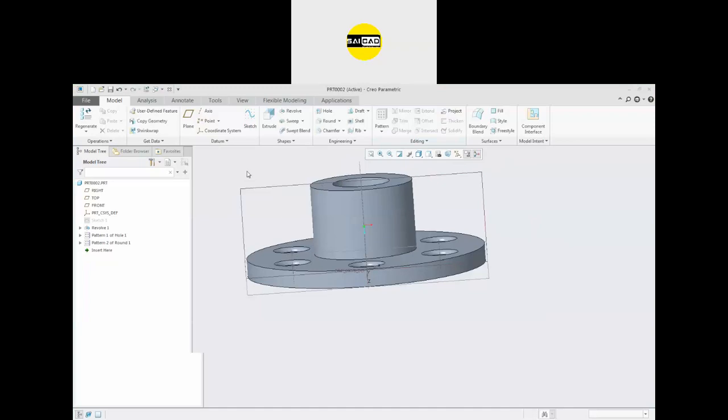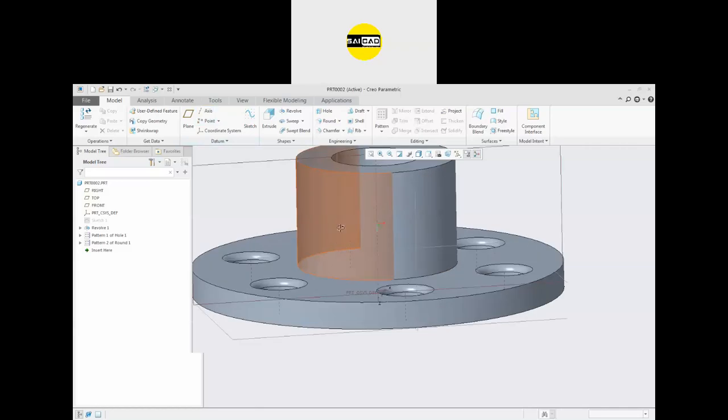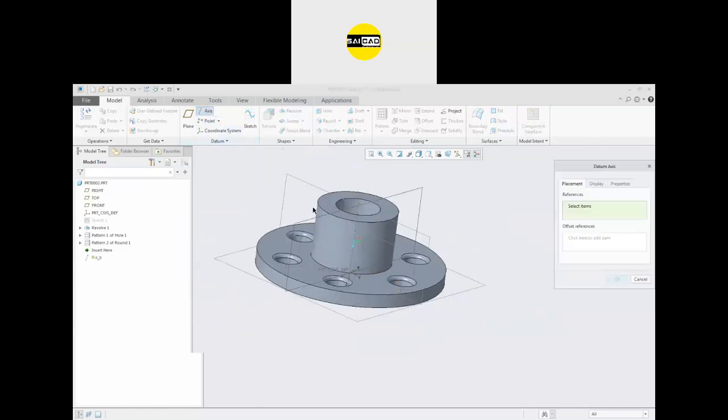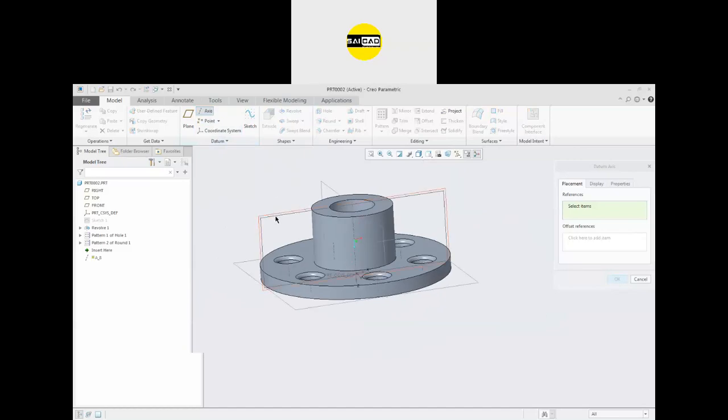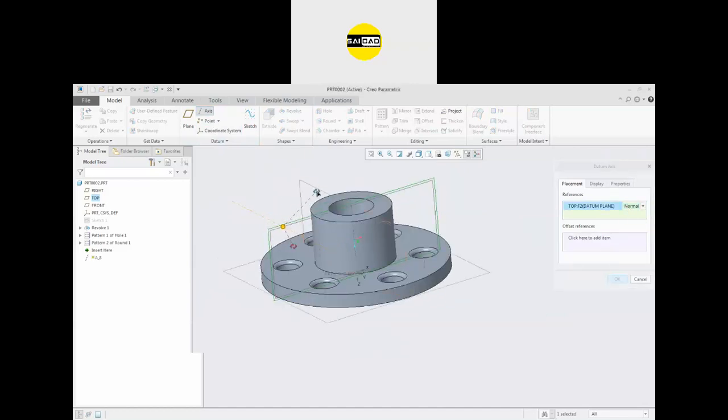So next we have how to create the axis. Suppose I want an axis somewhere here. So go to the axis. Now you have to select the face or plane where you want the axis. Now you will see the axis will be normal to that face. You can select two references like that, and the location can be defined and moved anywhere you want.